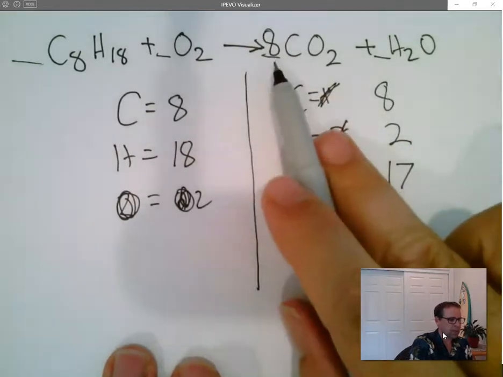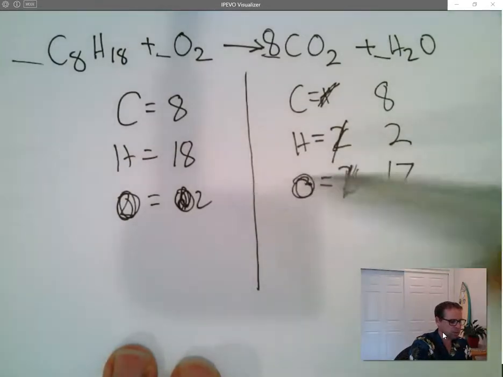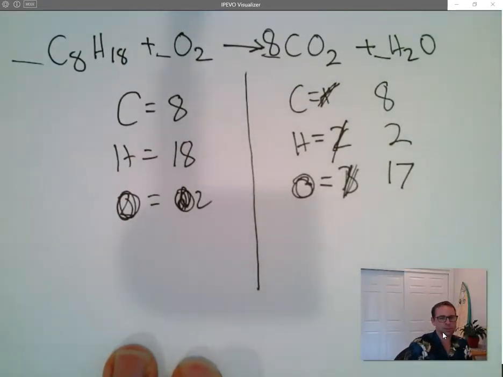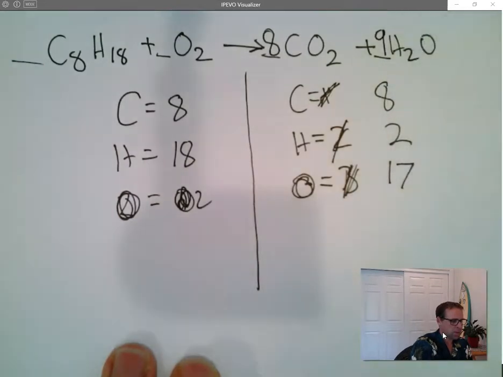By putting the 8 there, and every time you put a coefficient, it's good to recalculate everything. We have the same number of carbons now. Hydrogens are still different, and oxygens are still different. So if we did 9 waters there, that's right. And that would change